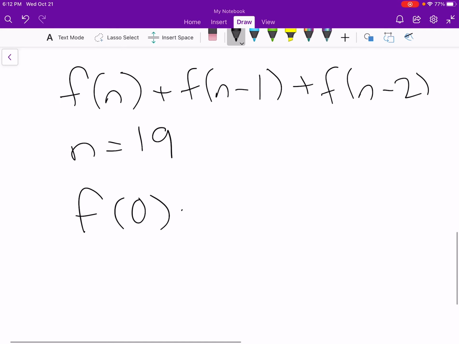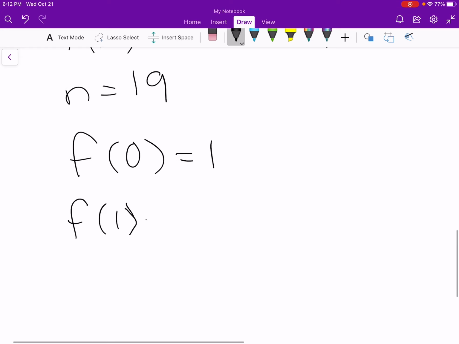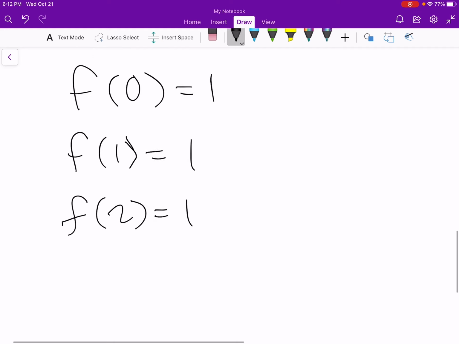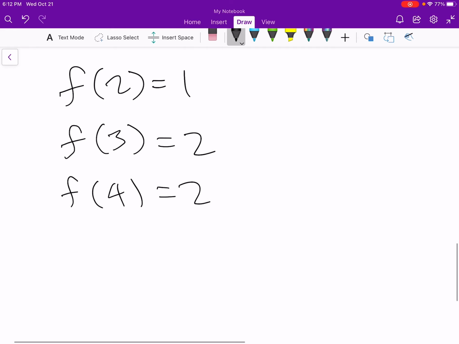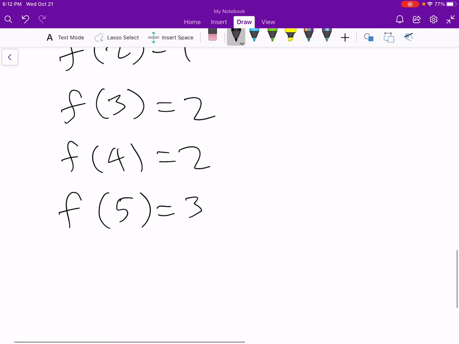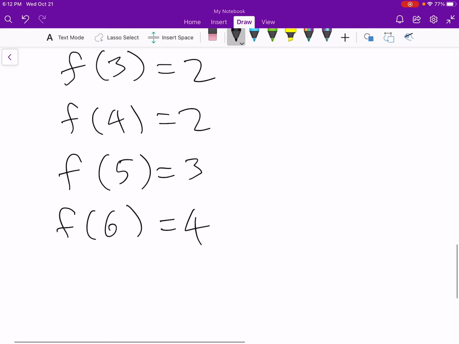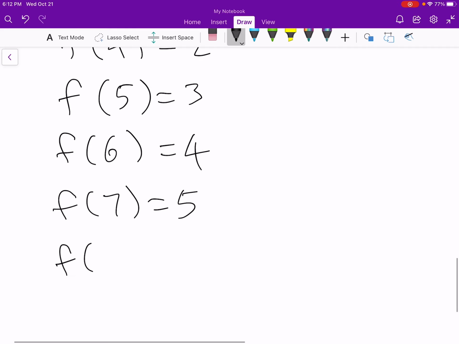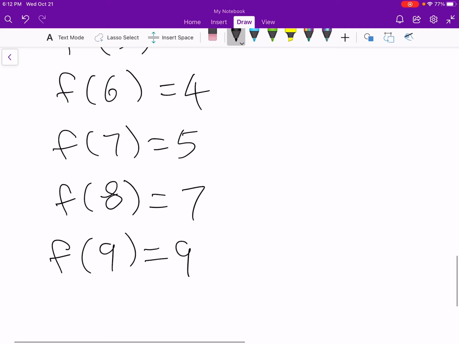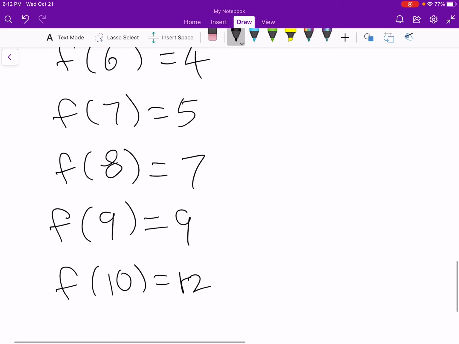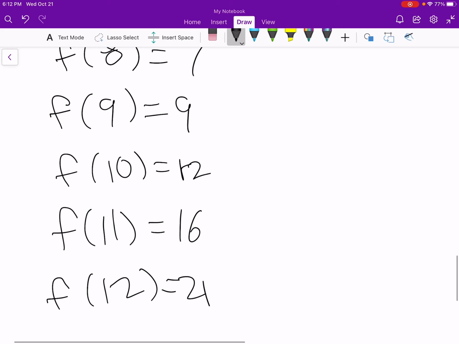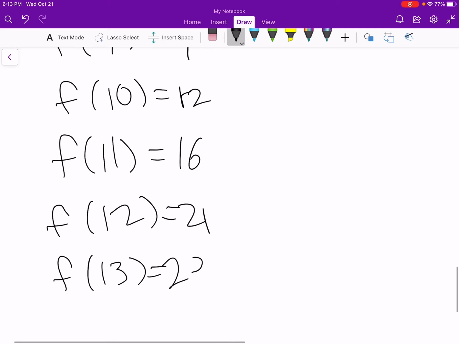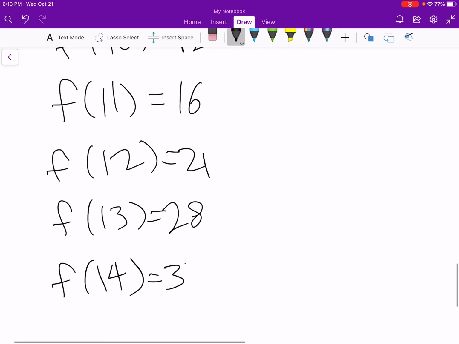So f(0) equals 1, f(1) equals 1, f(2) equals 1, f(3) equals 2, f(4) equals 2, f(5) equals 3, f(6) equals 4, f(7) equals 5, f(8) equals 7, f(9) equals 9, f(10) equals 12, f(11) equals 16, f(12) equals 21, f(13) equals 28, f(14) equals 37,